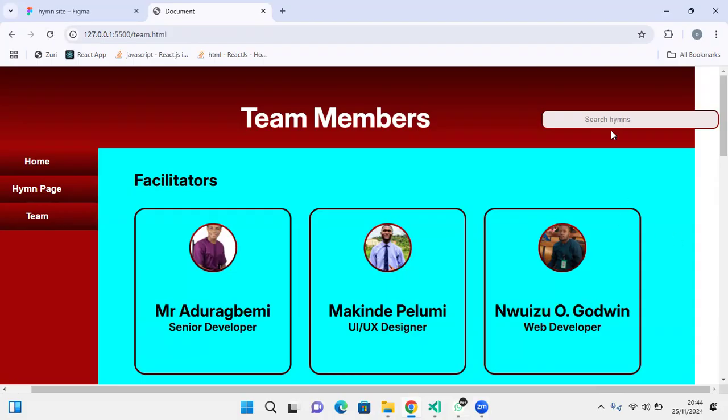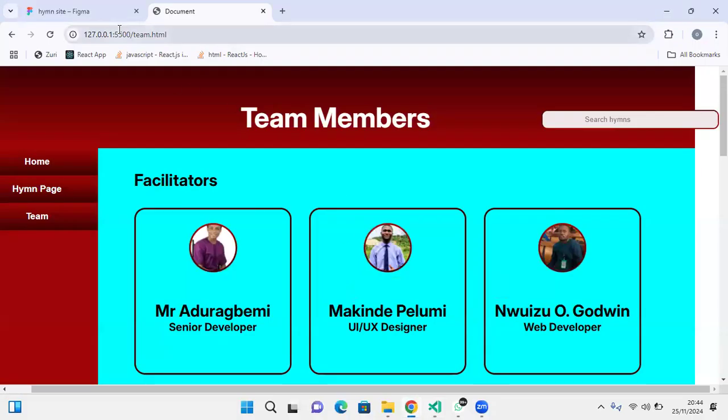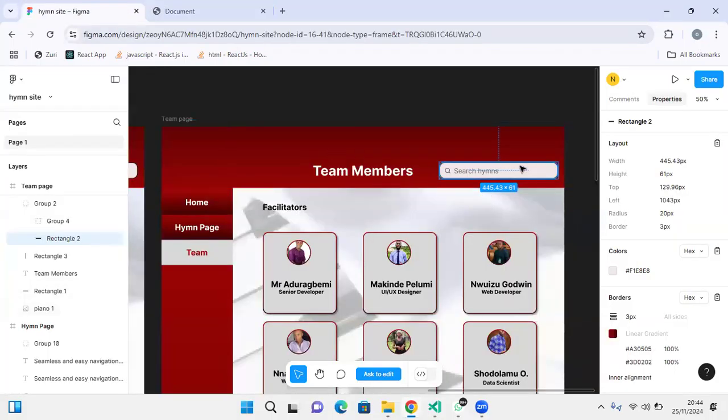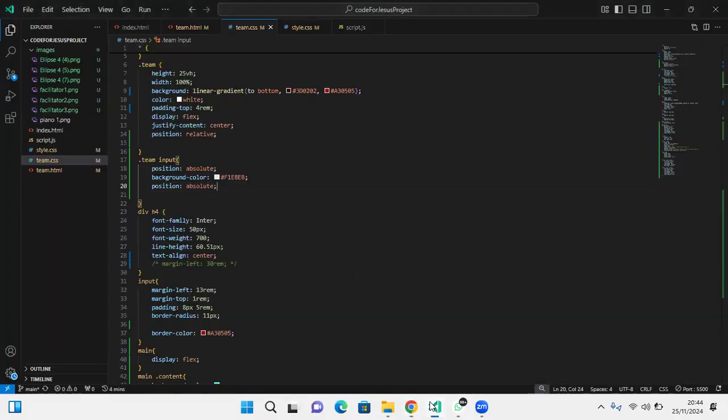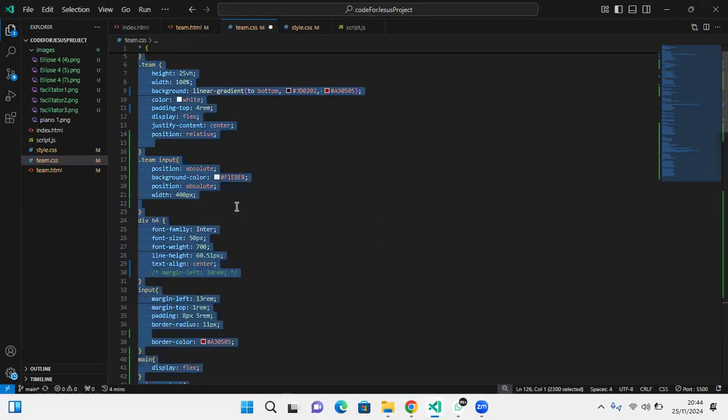So since you are still here, what are we doing? Ask it a width, right? So what width are we working on here? Let me see. Let's see the URL now. On the width, I think the width is four. No, it's not possible. Let me see 400 pixels first. Let's give the width of 400 pixels, right? So if I save this now,